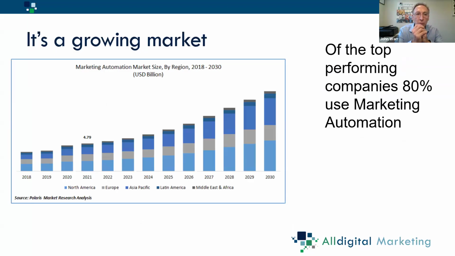So what's come in is something called marketing automation. So marketing automation is a growing market. Marketing automation is used by 80% of top performing companies, but a top performing company might not necessarily use marketing automation. It doesn't mean that using marketing automation makes you a top performing company. What you need to understand if you use marketing automation is how you implement it, how you capture the data, and how you use that information to help you engage with your client.